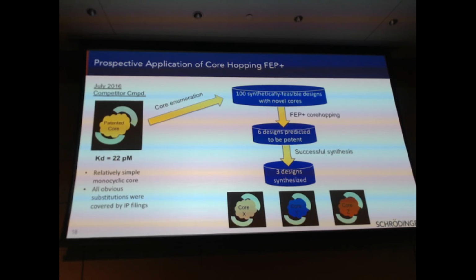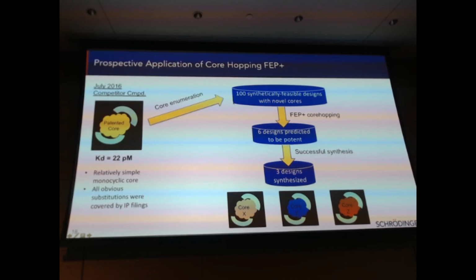In this project, the collaborator became very interested in a development candidate that was recently sent into the clinic. And that compound had a sub-nanomolar in vitro potency. And all of the obvious R-group modifications have been covered by existing IP. I think this is very common in this field. So then we use